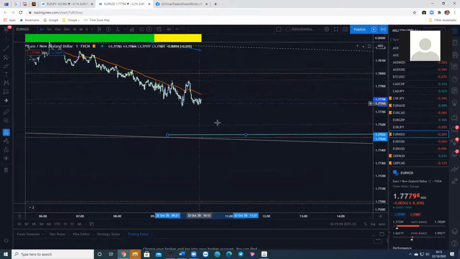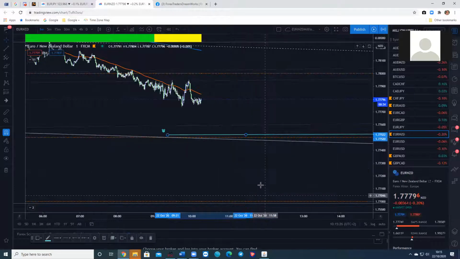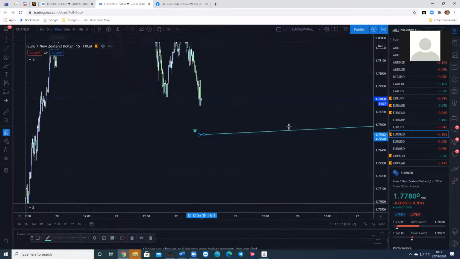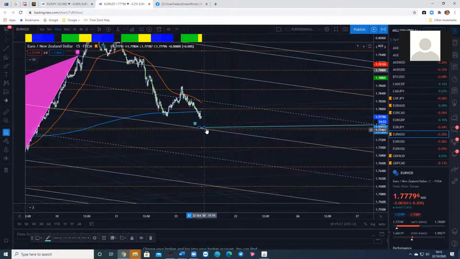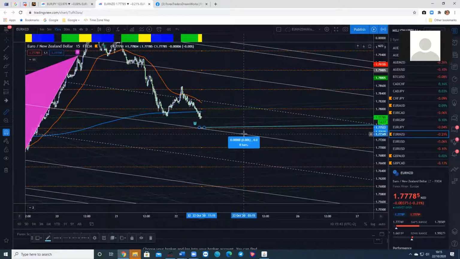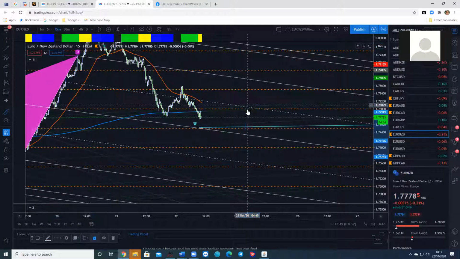Now, when it comes down to here, it could break and retest, carry on down, or it could reject off and go for the buy. And we'll just have a look at where the median is. So that is in fact the median line. Once we're at the median, we can take buys or sells. What I like about this strategy is that's 70 pips there.